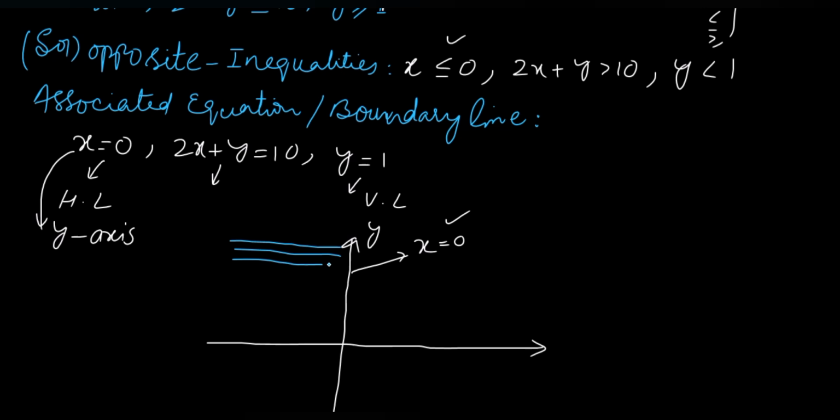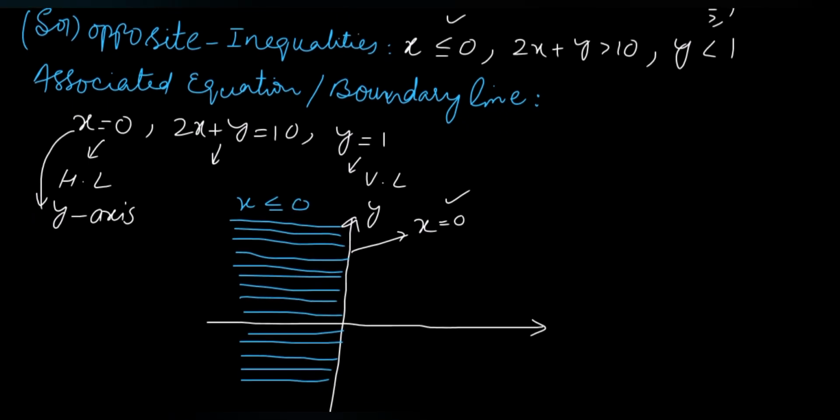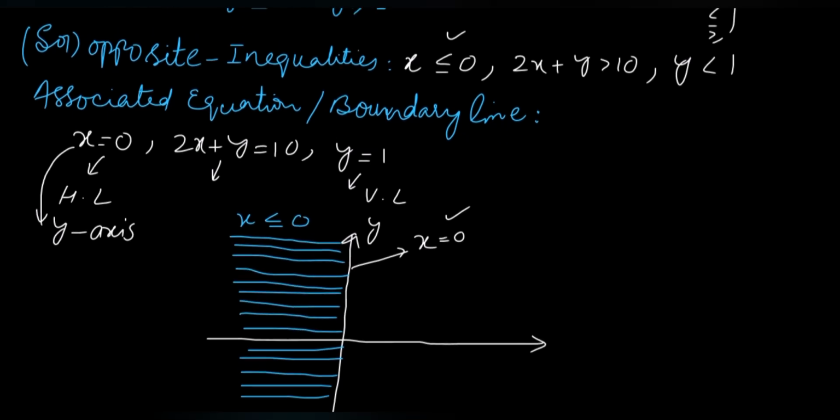This shows the graph of... this shaded region represents the graph of x less than or equal to 0 here. Next one, because here in your original inequality